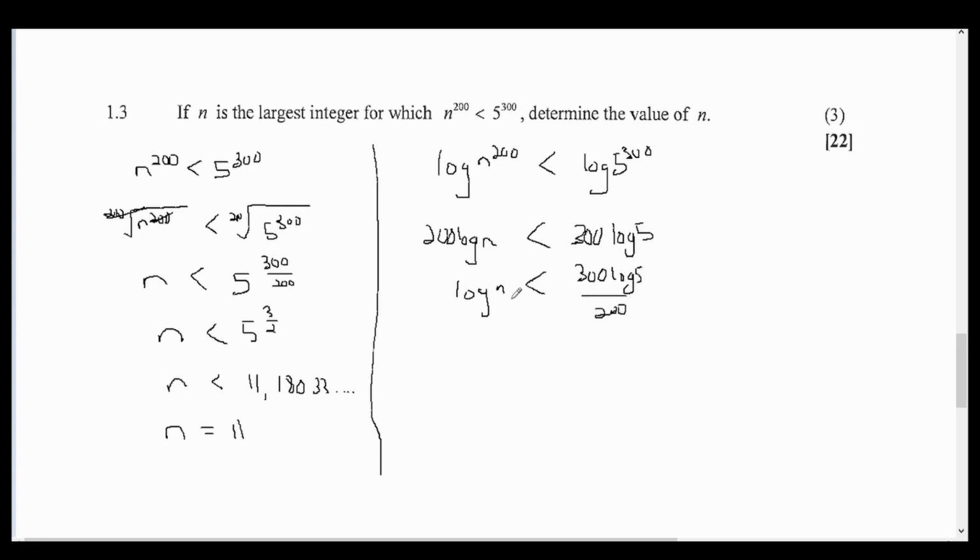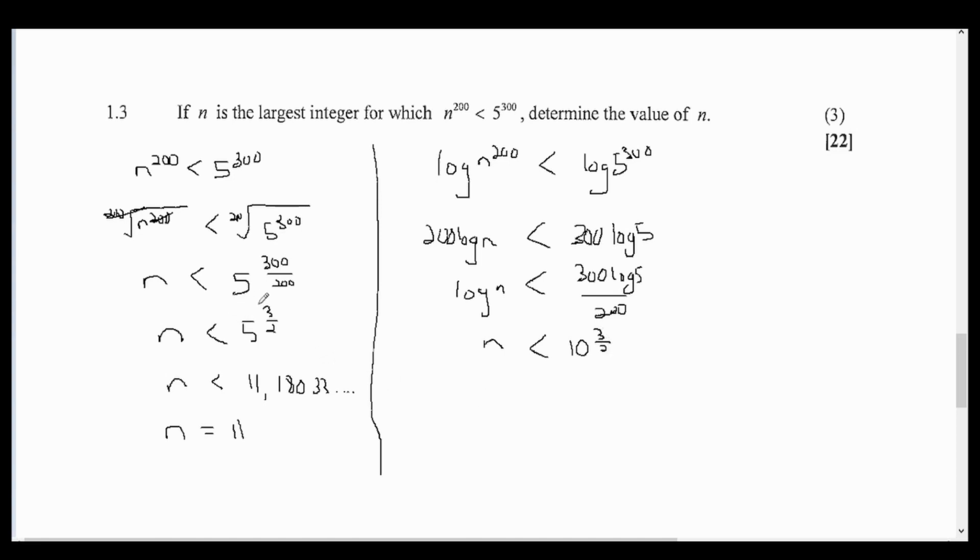And then we undo our log. Remember, log normally is a base of 10, so it becomes n is less than 10. Do you know where the 10 came from? It came from the normal log. So it becomes 10 all to the power of this,